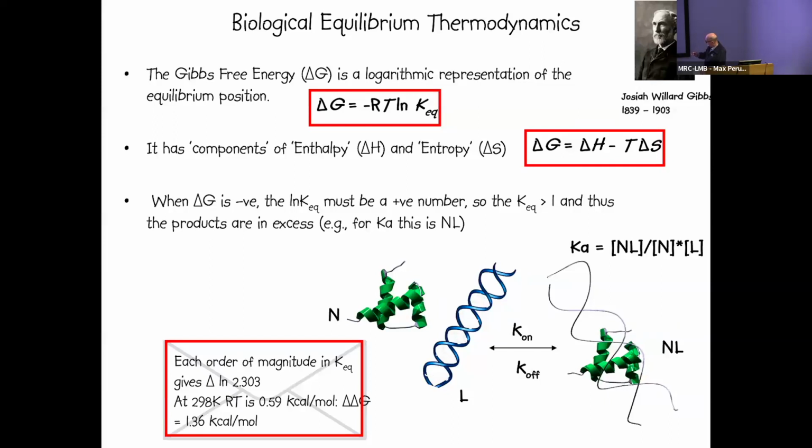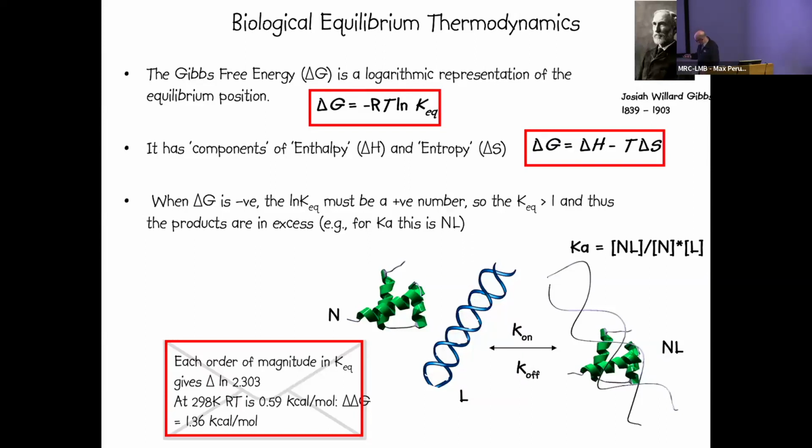And the Gibbs free energy has components of this thing, enthalpy, and this other thing called entropy in this second equation. Where this Gibbs energy is negative, the log of the equilibrium constant must have been a positive number. So that means that the equilibrium constant must be greater than 1, and therefore the products are in excess. So negative delta G means that we drive the reaction towards, I'm calling them products, but in this case it's